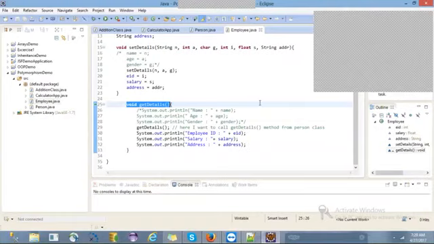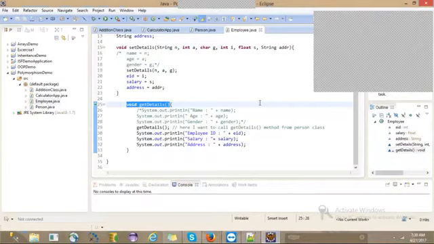One is in the superclass person, and the other is in the subclass employee. In both places the return type, the name, and the parameters are all the same, right? Now you understood, right? Good. So this is what we call method overriding.